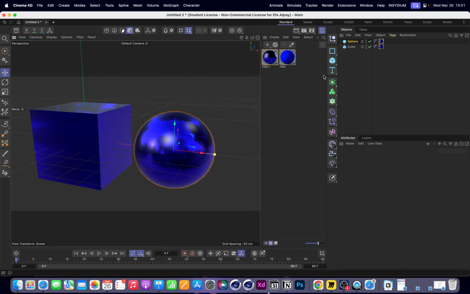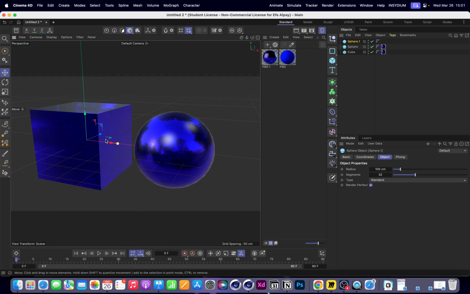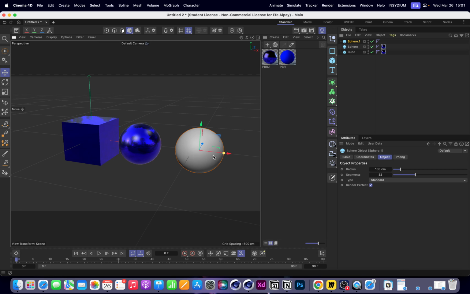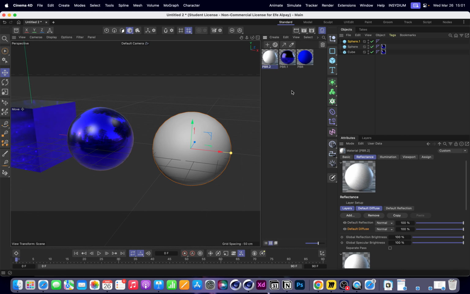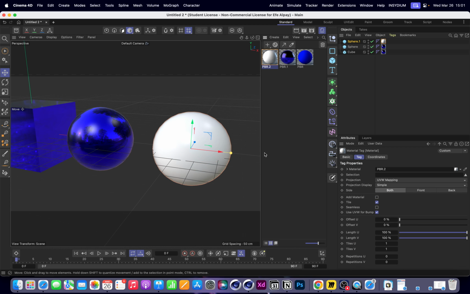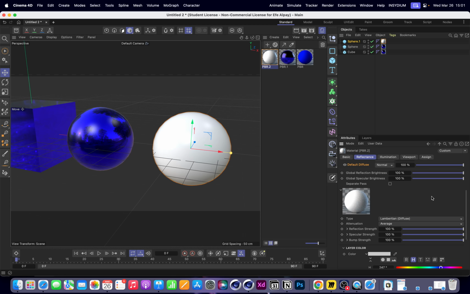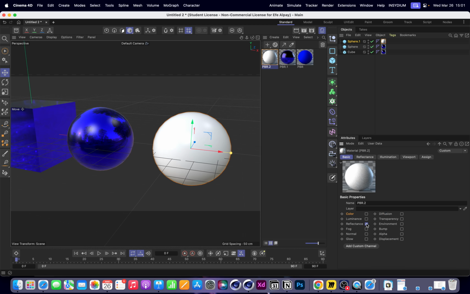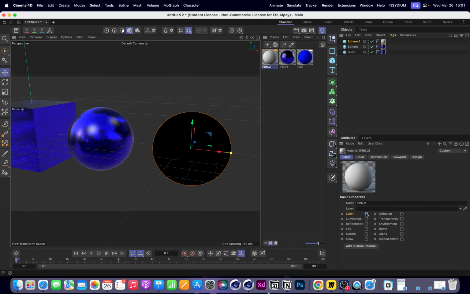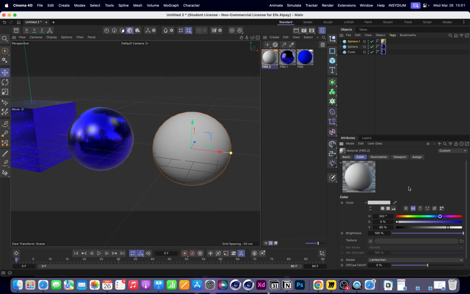Yeah, let's create another sphere. And now create another material, assign this to this. And now let's add a texture to that. For example, disable reflectance, enable color, and in the color tab here, let's add a texture to this. To add a texture, you can click this arrow here, and you can either load an image like a PNG, JPEG, and that kind of stuff, TIFF, and even PSDs,